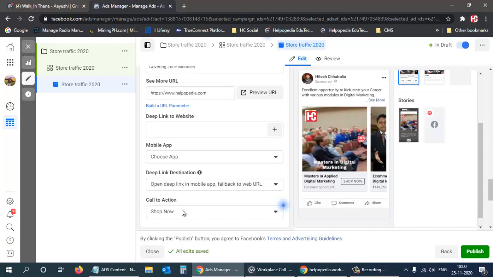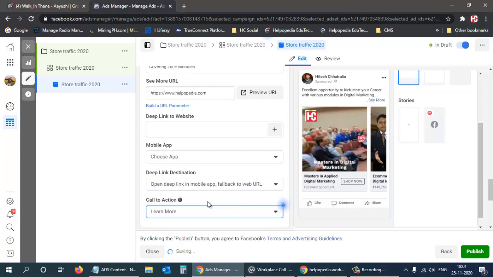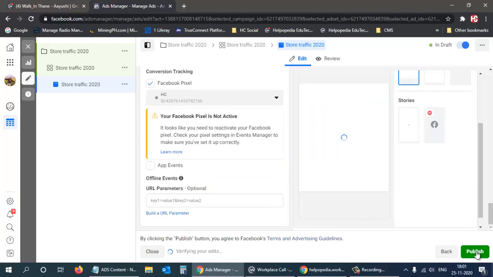So maybe we can select learn more. Learn more is a good option. And then this is the last option that we have, and we have completed. And then over here we can click on publish.